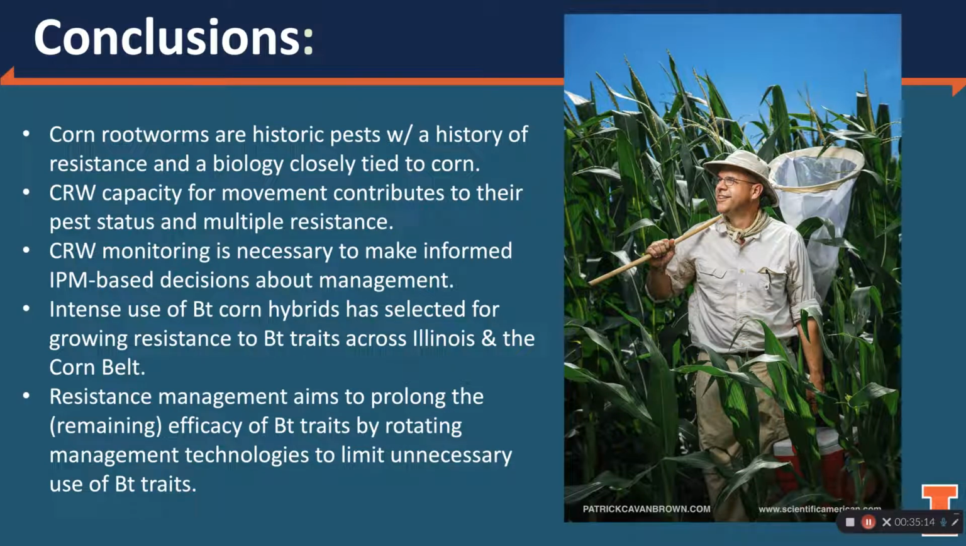So let me conclude with a few thoughts. Corn rootworms are historic pests with a history of resistance and a biology tied to corn. Their capacity for movement contributes to their pest status and multiple resistance. Corn rootworm monitoring is necessary to make informed IPM-based decisions about management. Intense use of Bt corn hybrids has selected for growing resistance to Bt traits across Illinois and the Corn Belt. Resistance management aims to prolong the remaining efficacy of Bt traits by rotating management technologies to limit unnecessary use of